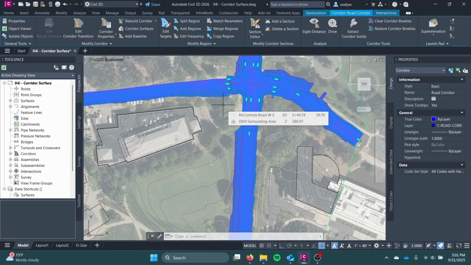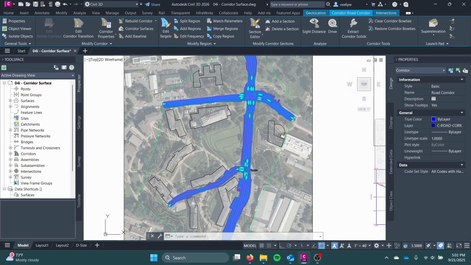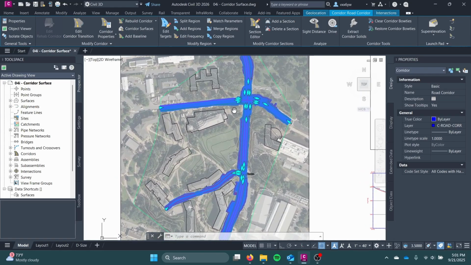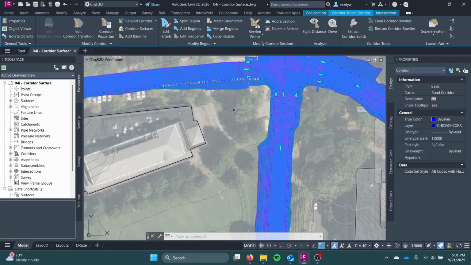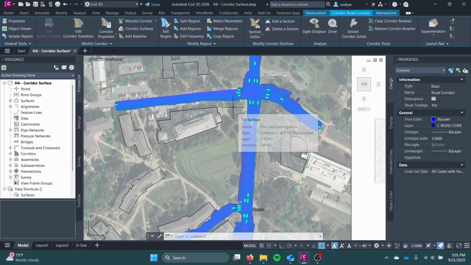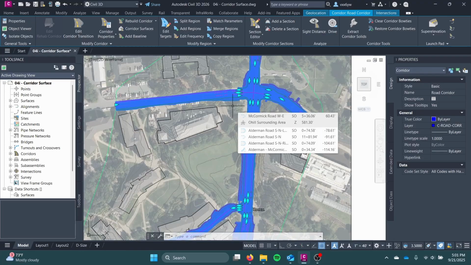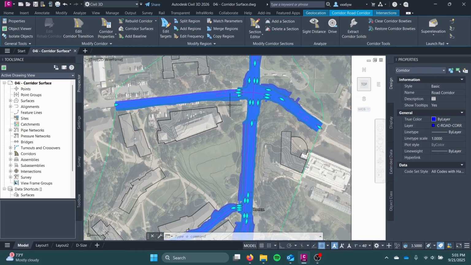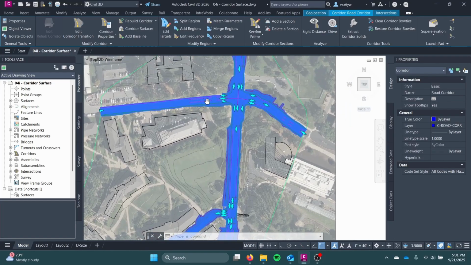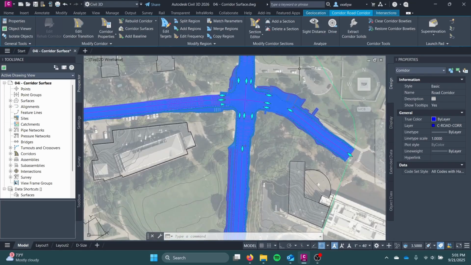This is especially helpful for things that surfaces are really good at, which is primarily elevation data. So making profiles quickly, things like that. Really good to have a surface for it. So from here, we are going to click on your corridor, and